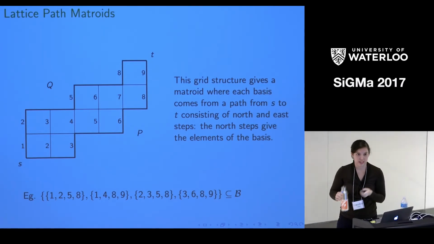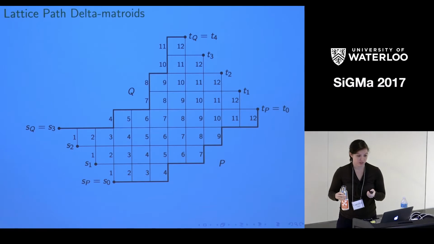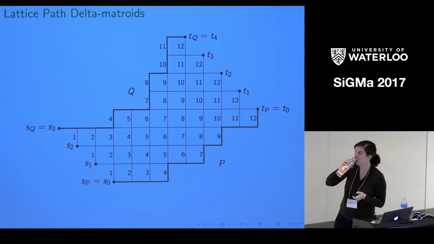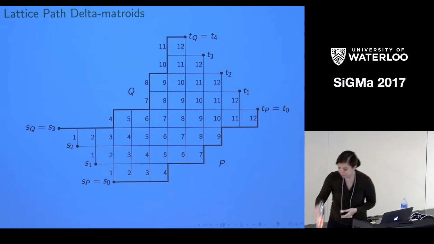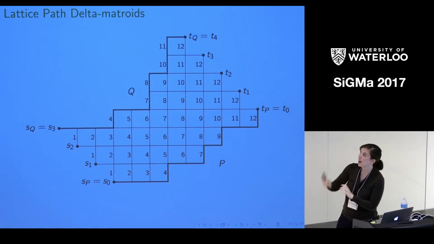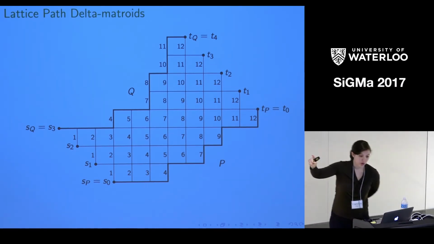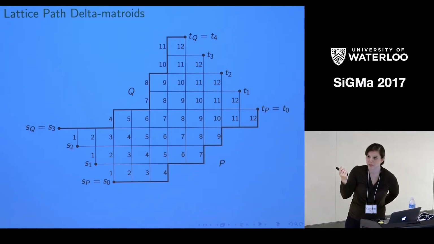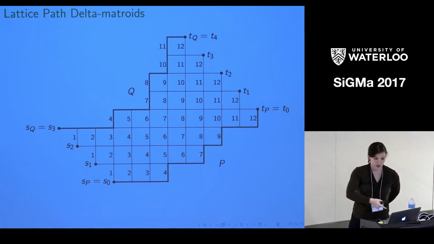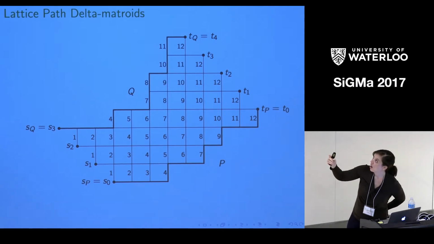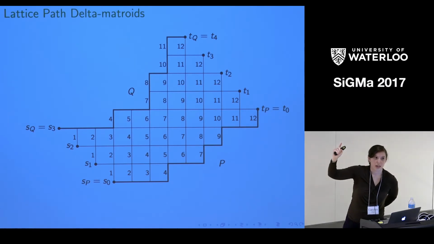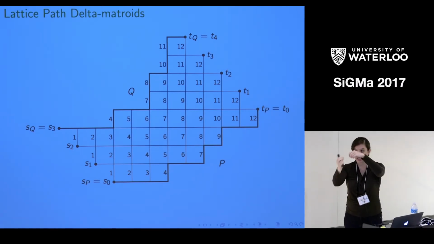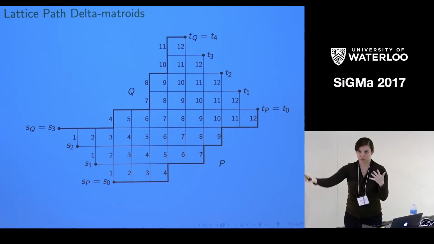But if I take S and T and I stretch them out, now when I'm starting at S0 and I go to T0, I'm only going to take one north step. When I start at S0 and I go up to T4, I'm going to take many more north steps. So now if I stretch out S and T, I get paths that have a variety of different numbers of north steps.